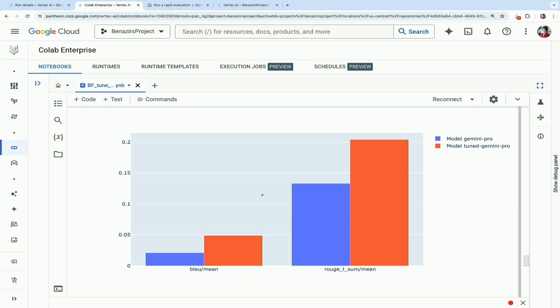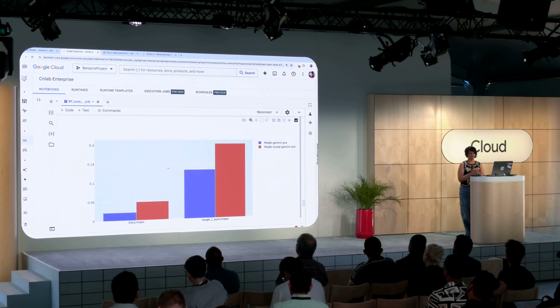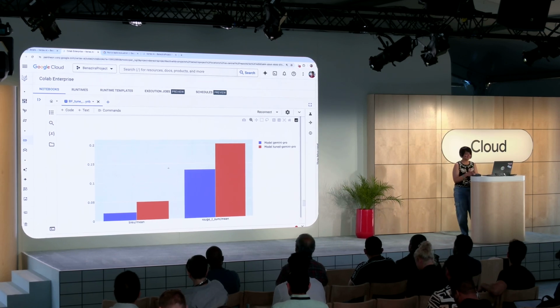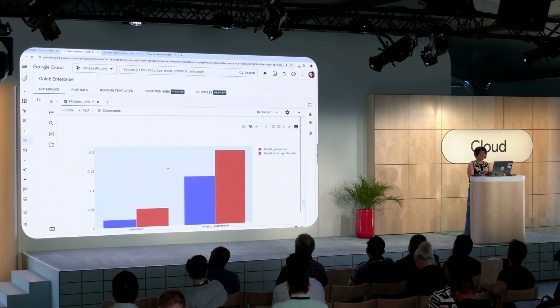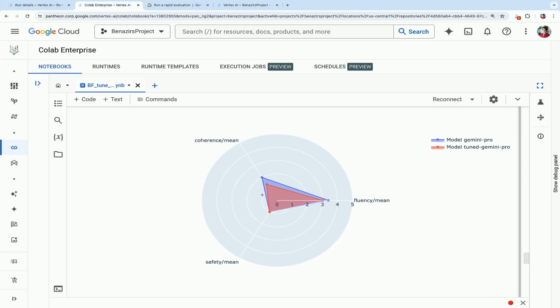So what you see here is the Gemini Pro model. The untuned one is in blue, and the tuned model is in red. When it comes to quantitative metrics, the tuned model does better. So, you tuned this particular model by giving it the XSUM data set, so it does perform better. But I do know that XSUM is widely used, but it is a low quality data set, especially for summary generation. And that point really shows up here, because when I look at the qualitative metrics,